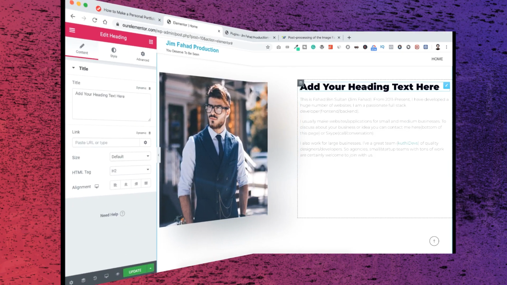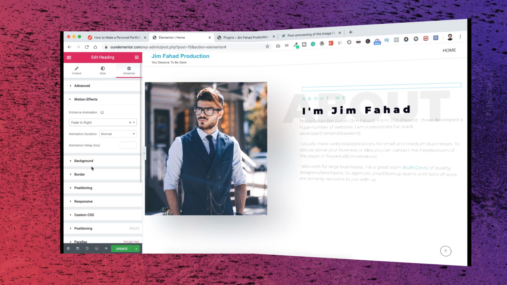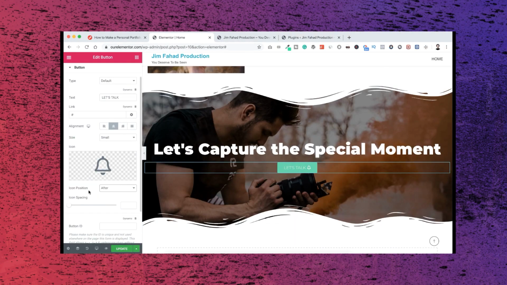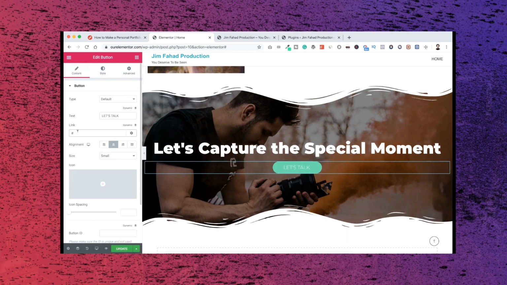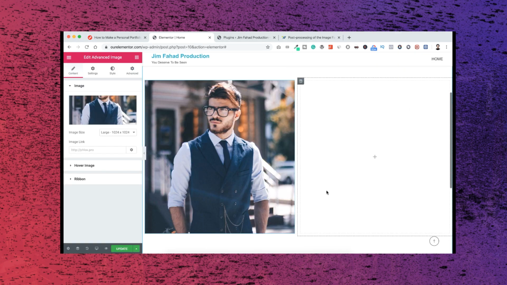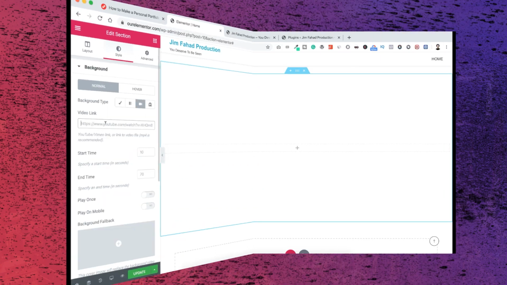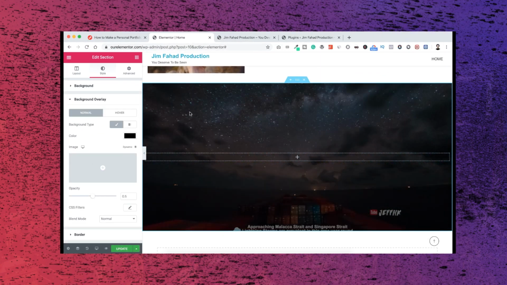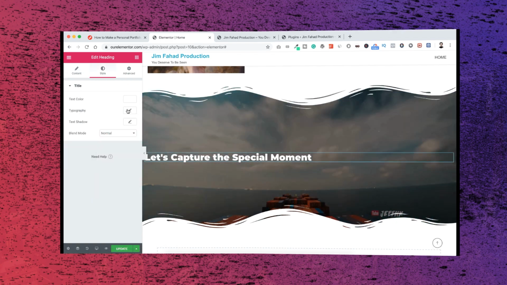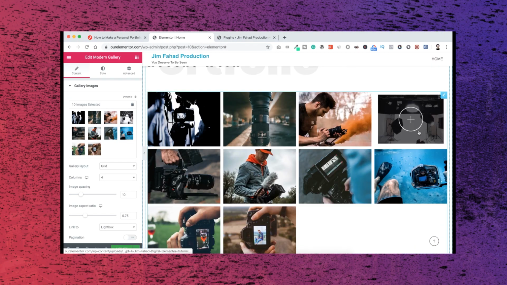I will show you how to change text and fonts. I will show you how to create buttons and customize them however you like. I will show you how to add your own photos and backgrounds to your site. I will show you how to add YouTube or Vimeo videos as background. I will show you how to add an image gallery with a nice lightbox,